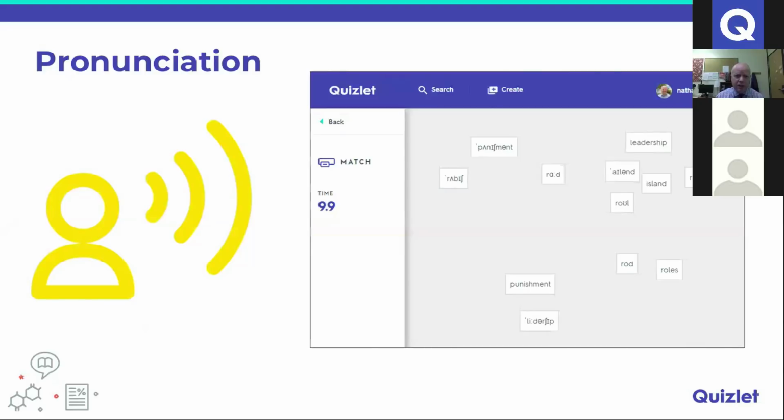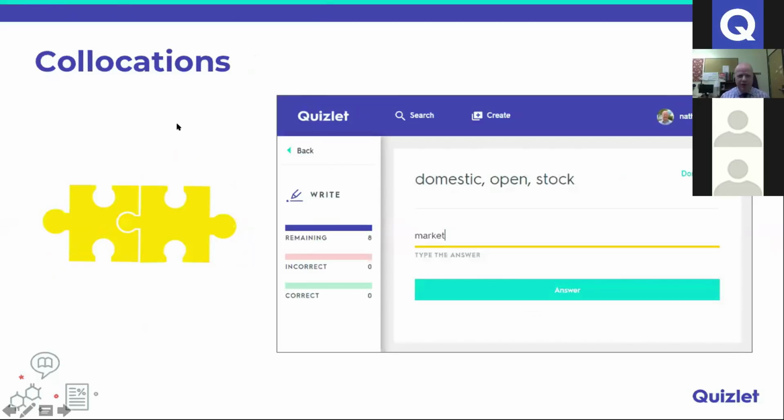And so with the pronunciation, what I've done is I have the regular word, and then I have the phonetic spelling in the definition. So I have the term, which is just a regular word, and then I had the phonetic spelling over in the definition side. And when I was first doing that, it was really funny because what was happening was we